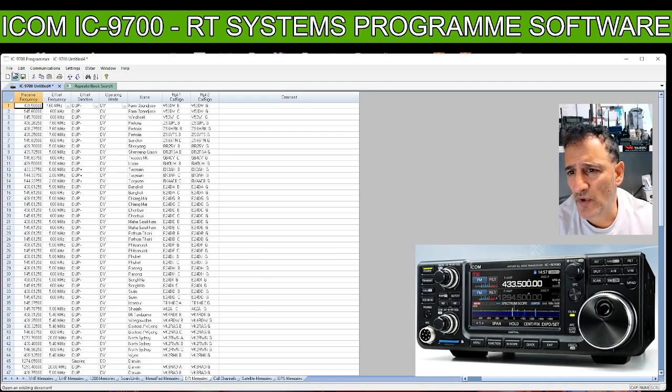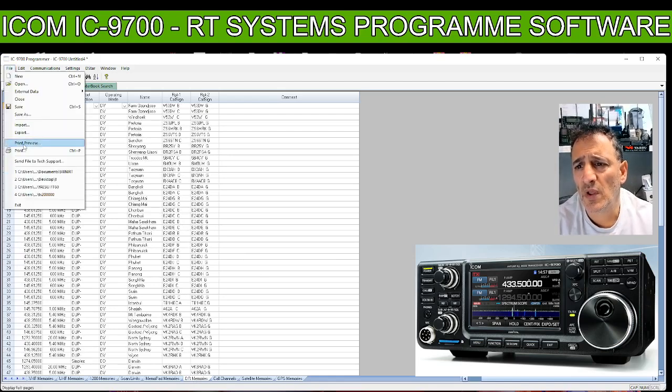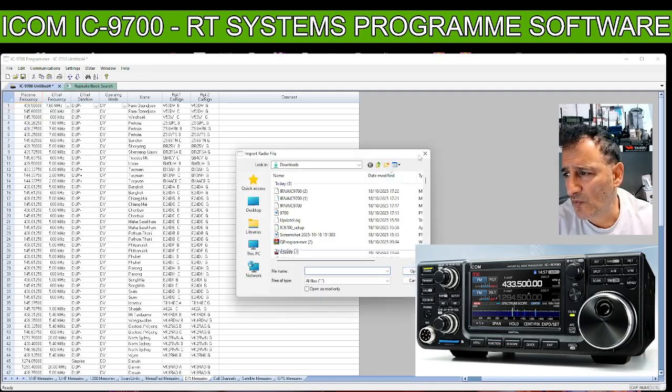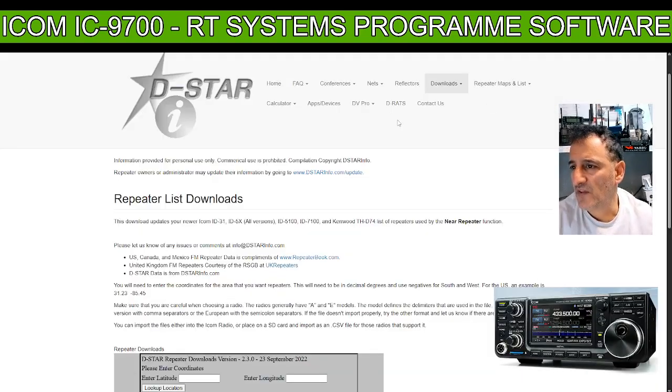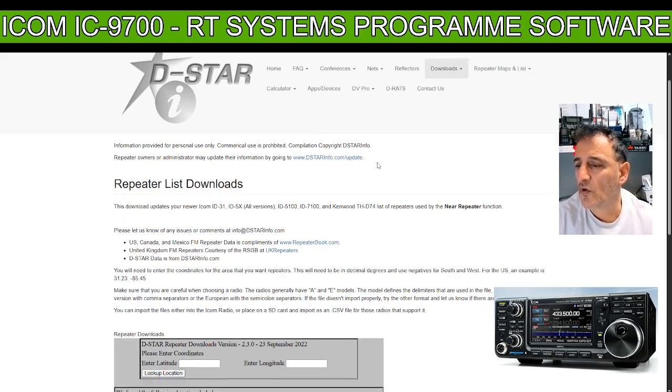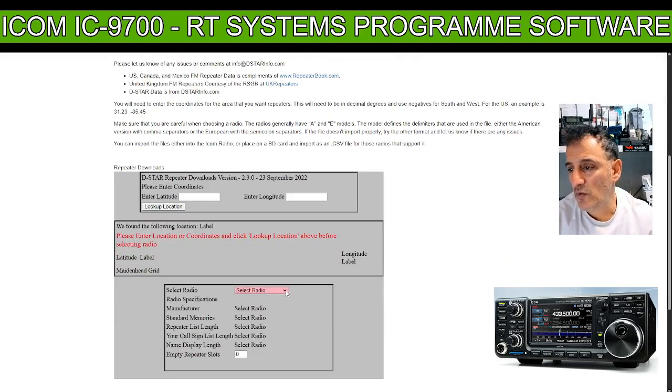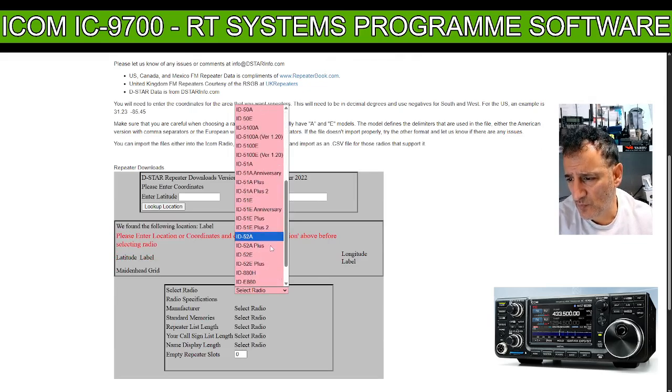DR mode is already preset there for you. Now, of course, you can bring in file, and you can import files. Now, the place you get files from, if you want to do this, is this place here called dstarinfo.com, and this is the latest one. So we put here 9700,